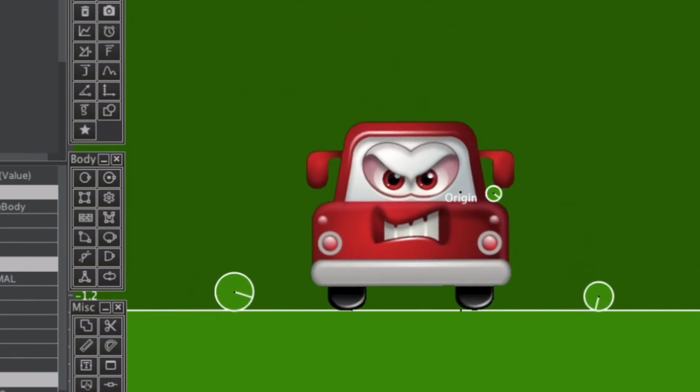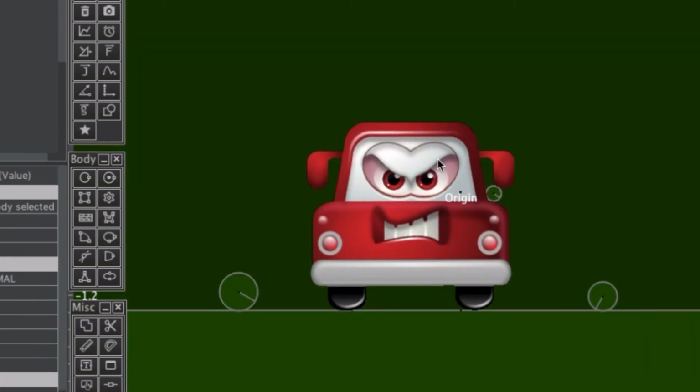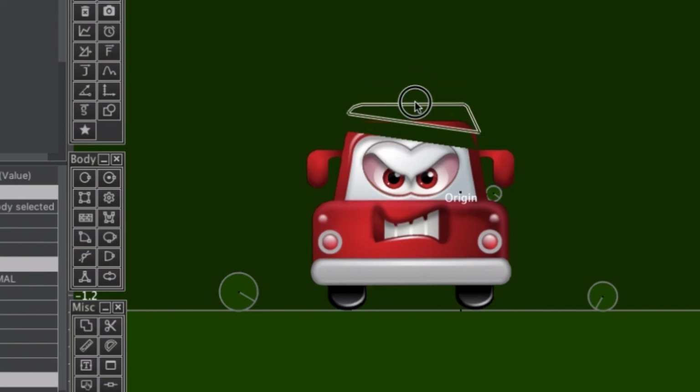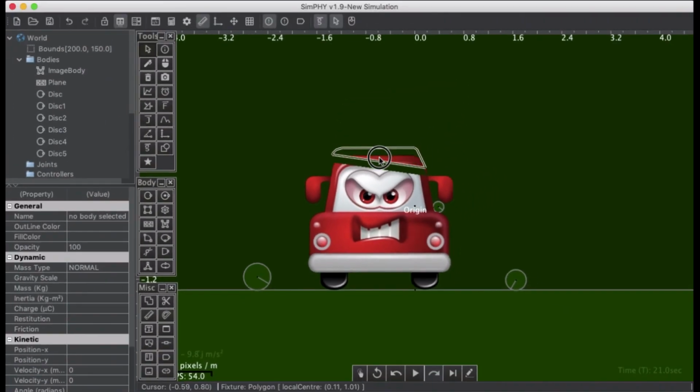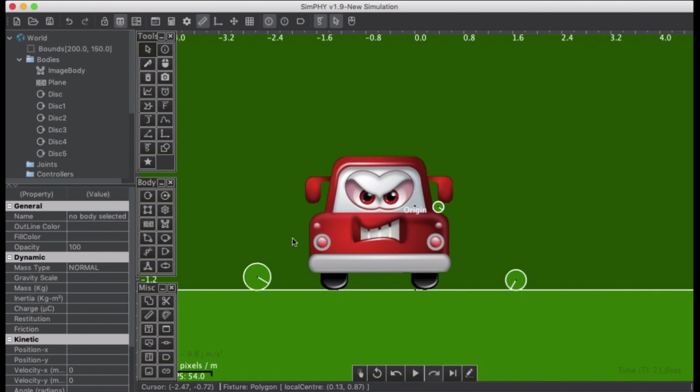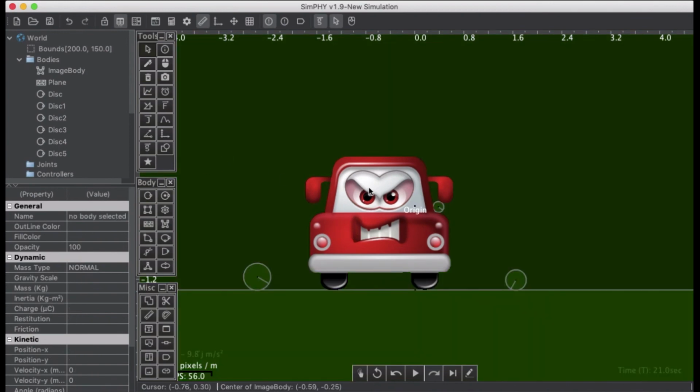You can also edit the fixtures later. These are the polygons that are approximated in this body. You can move it away. You can even add a certain polygon to it.